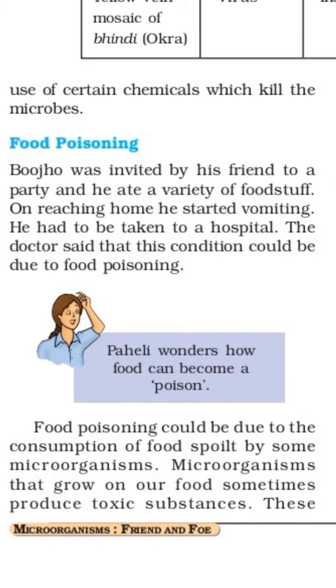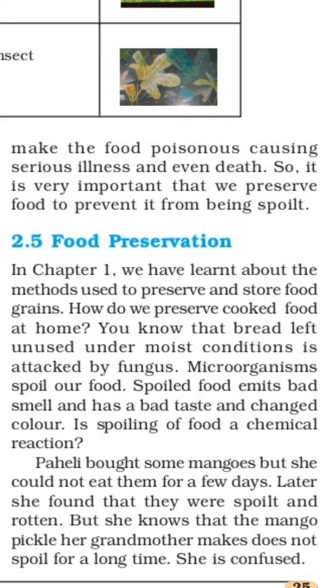Food poisoning could be due to the consumption of food spoiled by some microorganisms. When we are eating the food, we are not aware that it has been spoiled by microorganisms. Sometimes only a small change in the taste or smell of that food material shows it. Microorganisms that grow on our food sometimes produce toxic substances. The microorganisms present in that food material produce toxic substances, and these make the food poisonous,